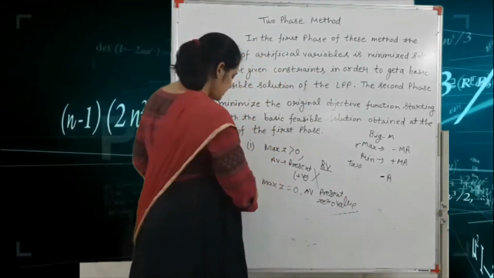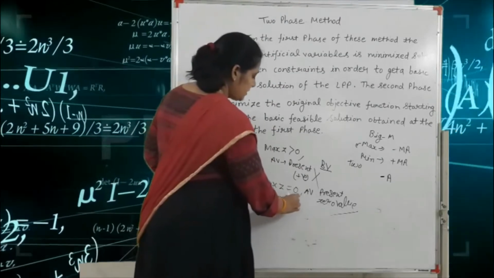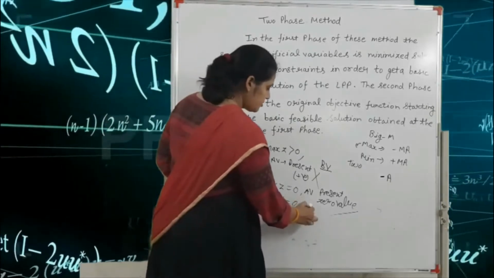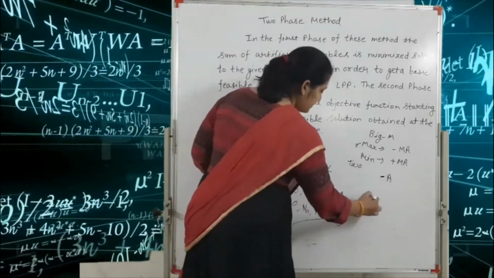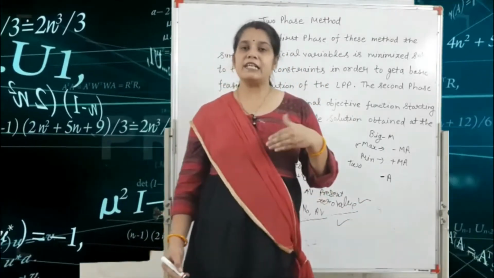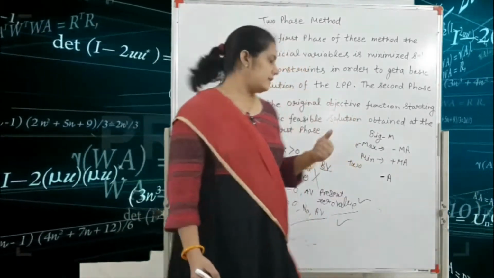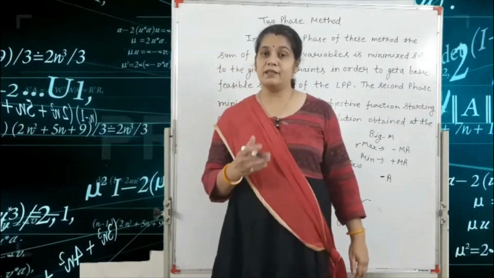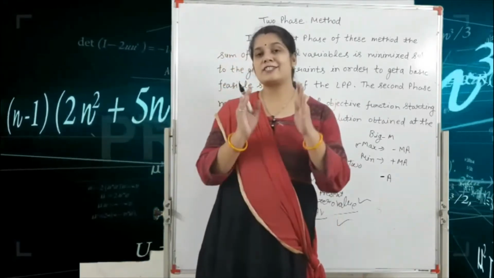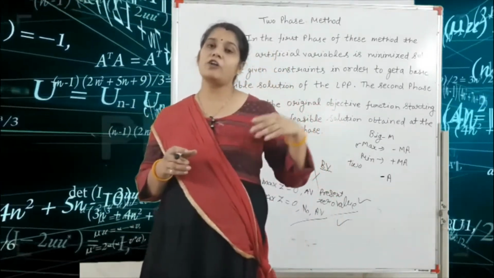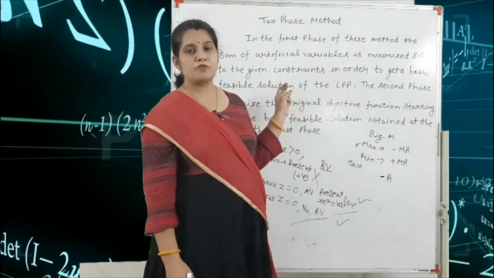And the third condition is that if maximize Z is equal to 0 but no artificial variable is present in the basis. Okay, then we move to phase 2. That means in these two conditions we go to phase 2. Okay, but in the first condition, maximize Z greater than 0 and at least one artificial variable present in the basis with a positive sign, your solution is stopped and there is no feasible solution according to your question. Okay, so this is the simple introduction of the two-phase method.